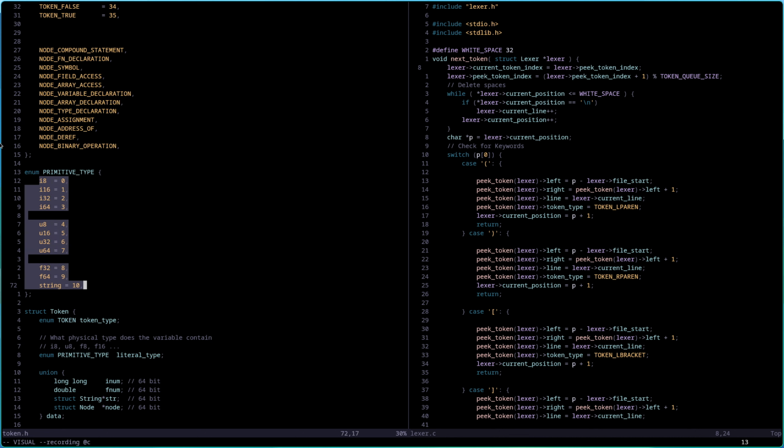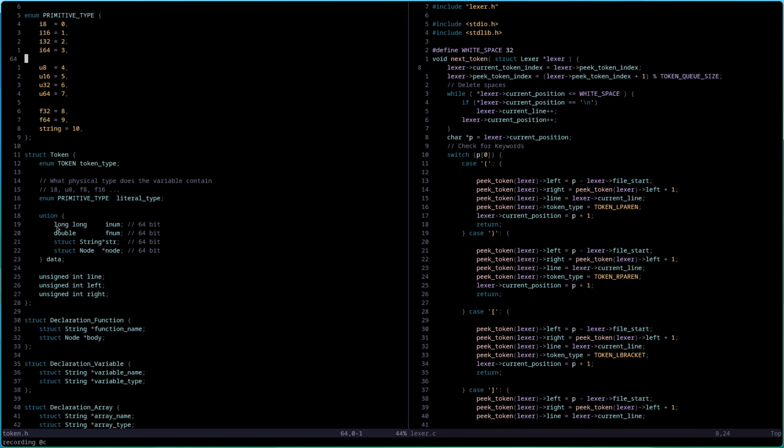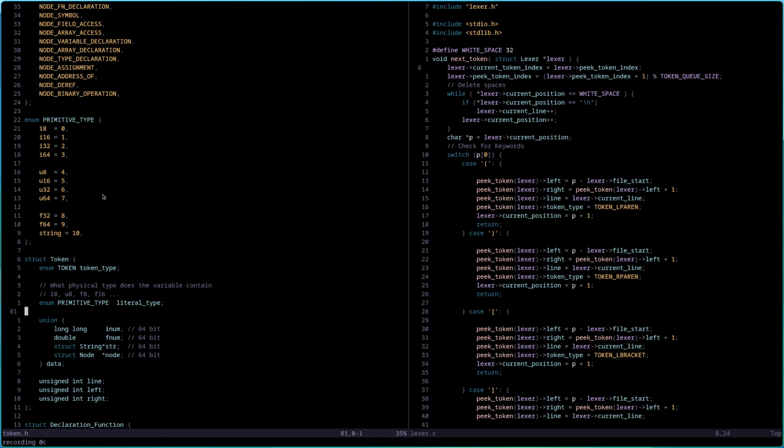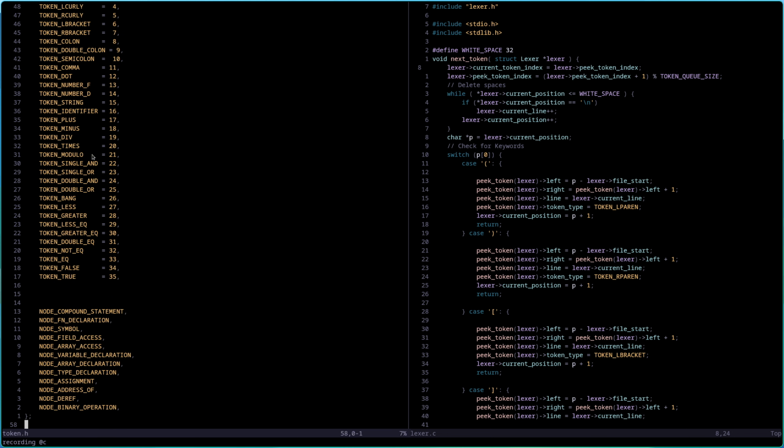And I also have some primitive types, and I like the idea of being very explicit with how much you have, because I don't really like the abstraction stuff. Because in C, do you know what 64-bit integers are? For some reason they're called long. That's just stupid. I don't know why, but yeah, it's just dumb. So that's the different token types you can have.